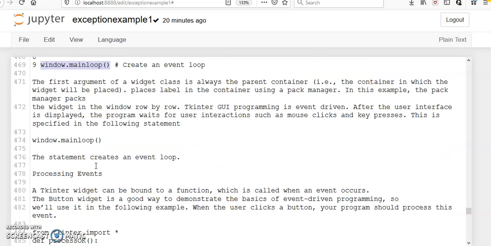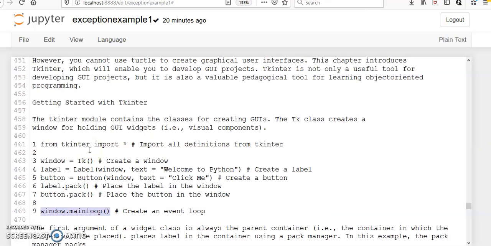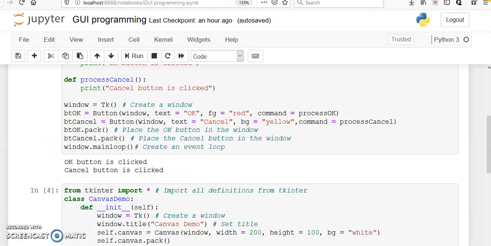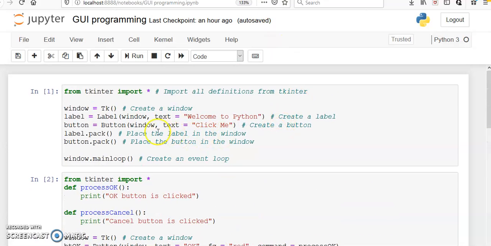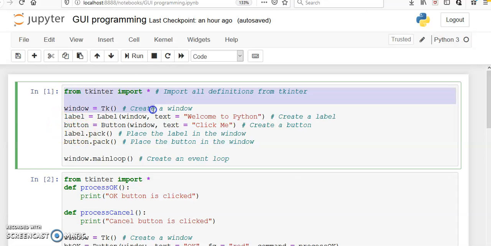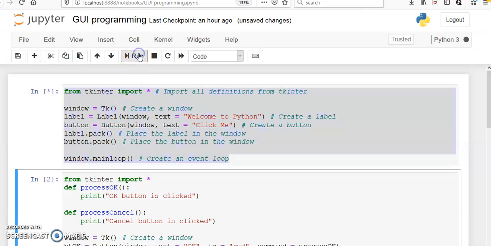So these are the things that have been explained. Now we are going to execute this program. I have copy-pasted this program into the Python shell. Here I have the package import, the window as Tk class, then the label with the parent window, then packing the label, and finally executing the event loop. I am going to run this program.